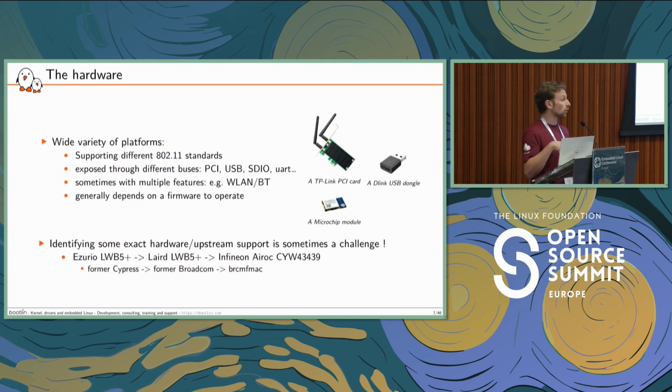About the hardware, it comes in a wide variety of shapes and features. Features because any piece of hardware does not support the same revision of the 802.11 standard. That's why when you buy some wireless device, it may support 802.11 b, g, n, ac, ax, and so on. But also because the interfaces to work with this device may be different. We can get PCI cards, USB dongles, bare modules to solder on our products, and so on. One thing that does not generally change between all those devices is that they depend on some firmware to run, but more on that later.